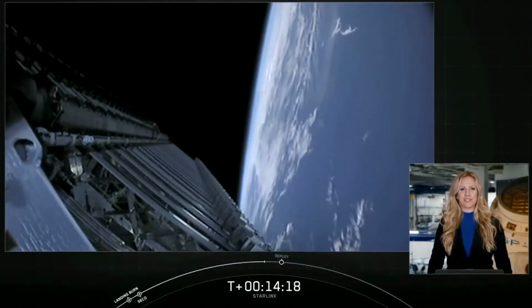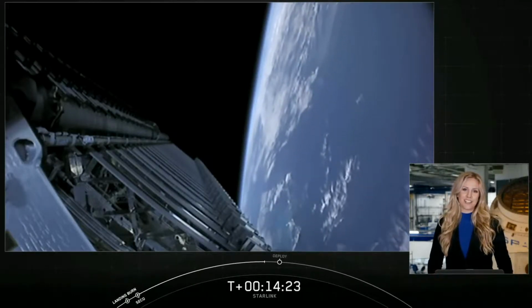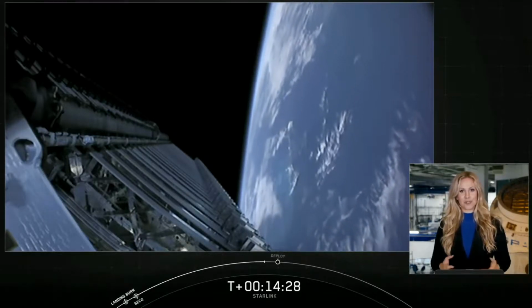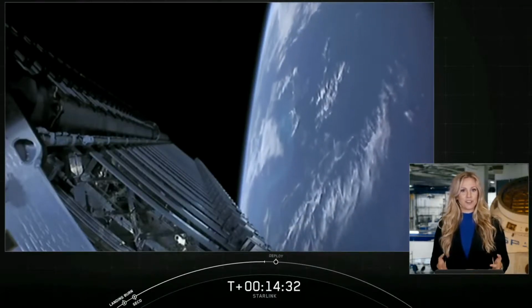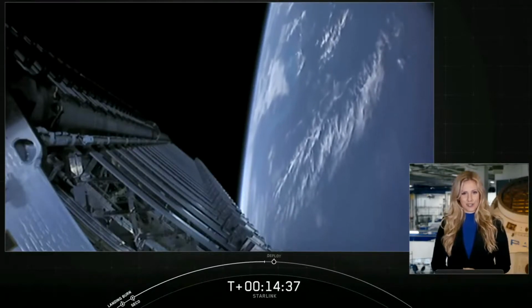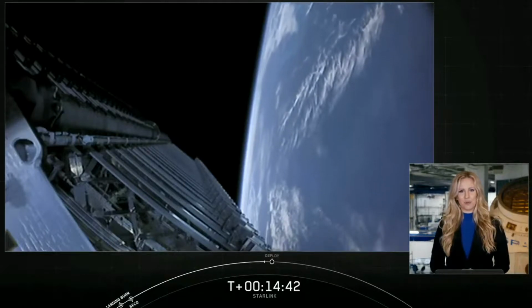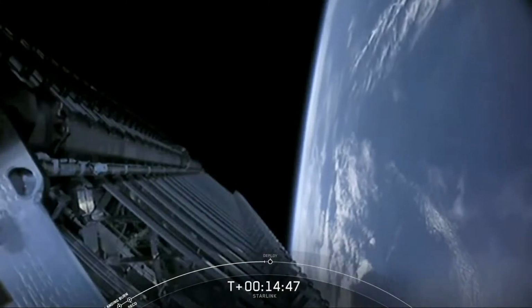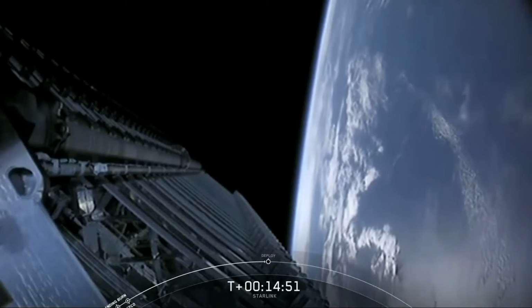back to our webcast for Starlink this morning. We had an on-time liftoff from Cape Canaveral and saw a successful landing by Stage 1 made on our drone ship, Of Course I Still Love You, out in the Atlantic Ocean. Second stage has been coasting along now as we are awaiting the deployment of these 60 Starlink satellites that you see stacked up there on your screen. So that deployment will be coming up here in about 10 seconds. Exactly. And